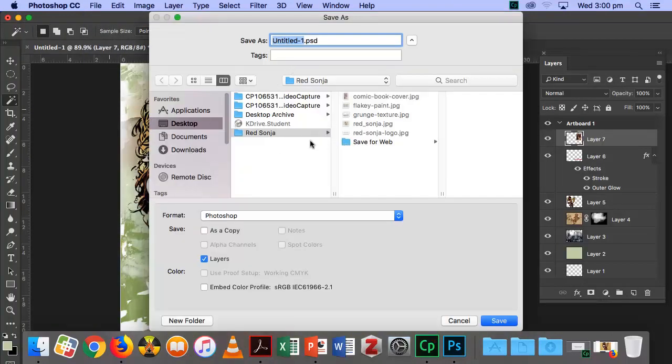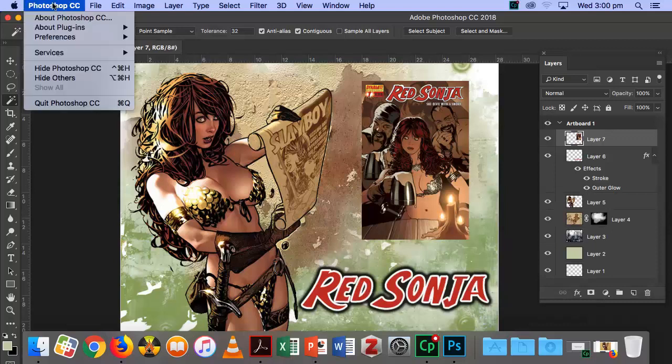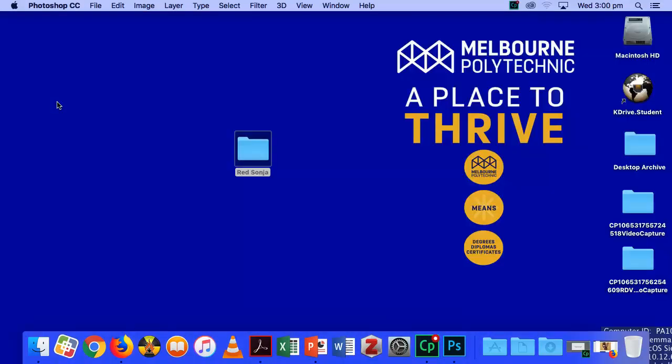I can now, if I want to, I can save, I should really save the master file as well. Red Sonja master file. And I'll just save it as Red Sonja master, PSD, into the same folder, just in case I want to come back one day and make changes. And then I can quit Photoshop, and in part 2 I will show you how to